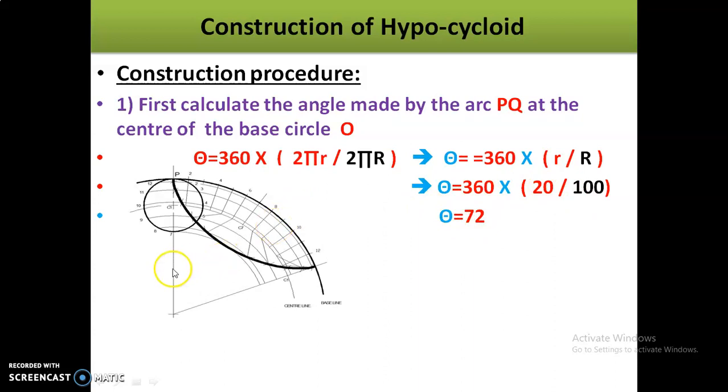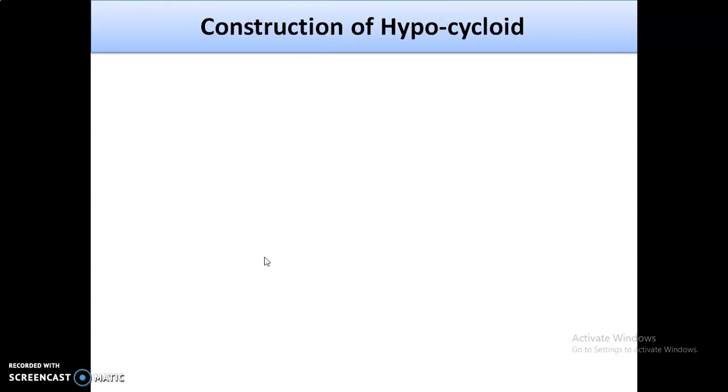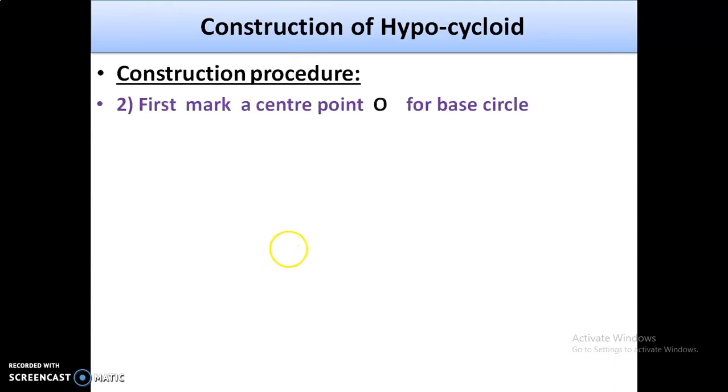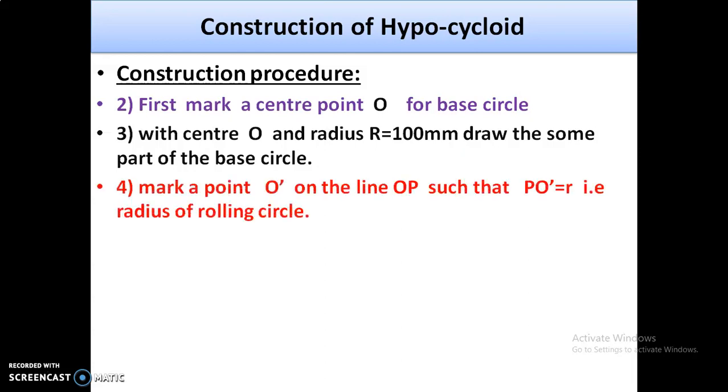See here, from this line to this line. Now from this inclined line to this inclined line, the angle between these two lines should be 72 degrees. So this is the first point. And second point is, mark a center point O for the base circle. Third point, with center O and radius equal to 100 mm, draw some part of the base circle. Next, fourth point, mark a point O dash on the line OP such that PO dash is equal to small r,